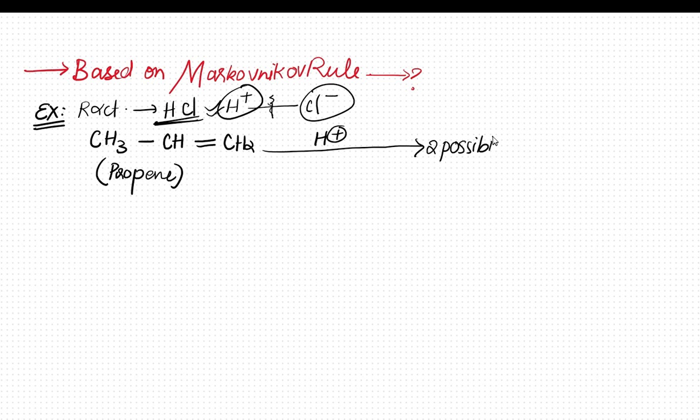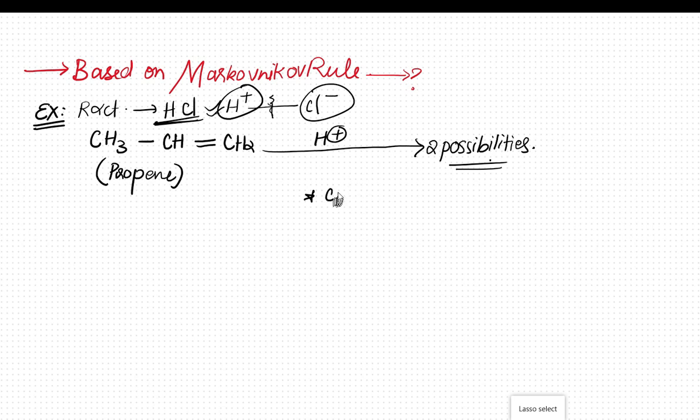and based upon the movement of pi electrons, there are two possibilities. There will be two possibilities in the formation of your product. Guys, this is simple, just pay attention to the Markovnikov rule. If you know the Markovnikov rule, then this will be fairly easy. So our first product will be